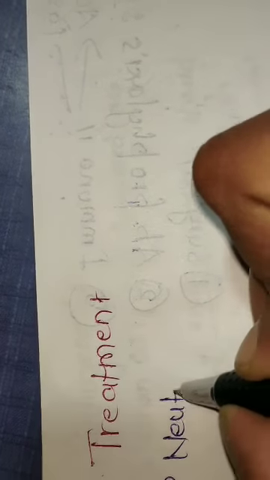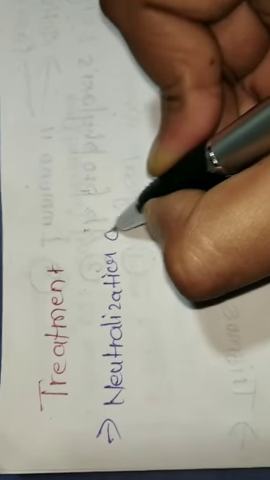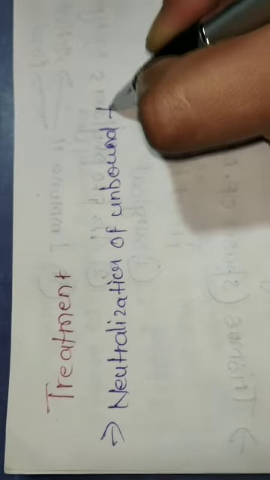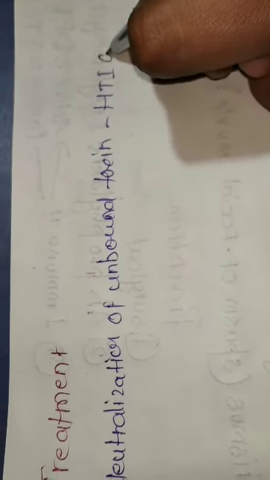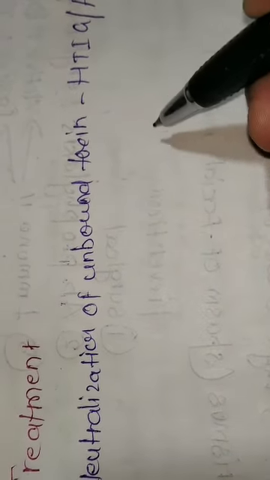If we talk about the treatment of tetanus, it can be treated by neutralization of unbound toxin with HTIG or ATS, prevention of further toxin production or wound debridement, with the antibodies. So it can also give